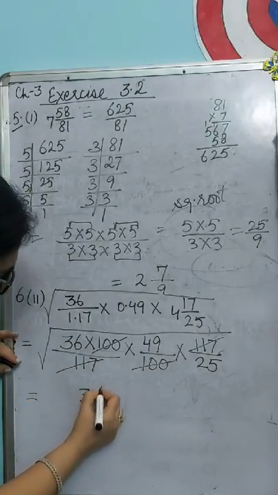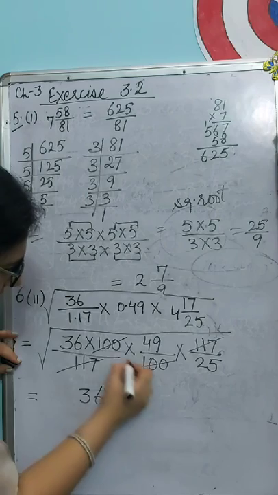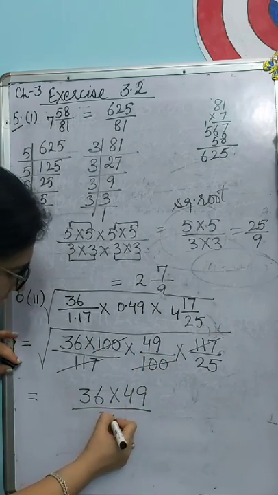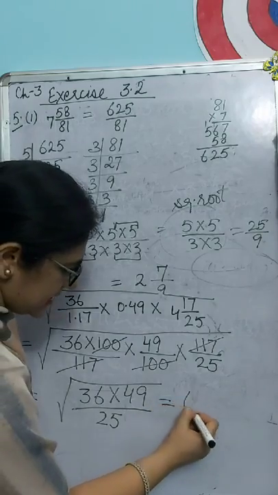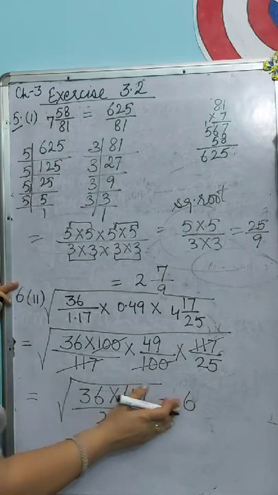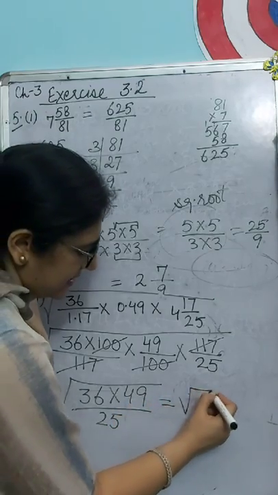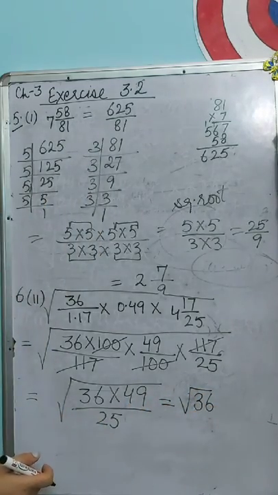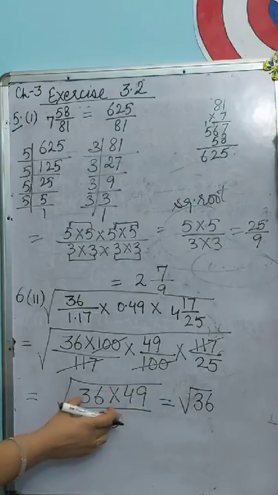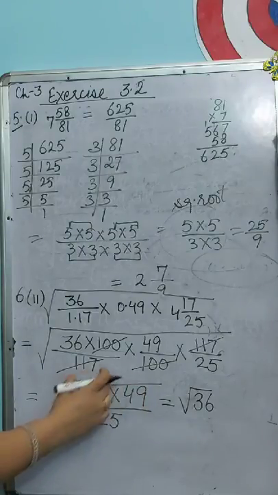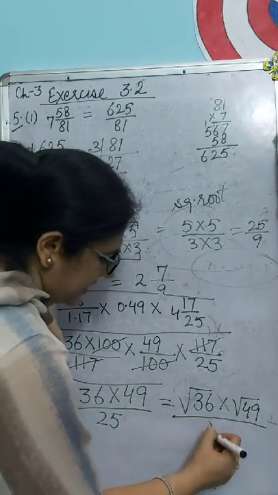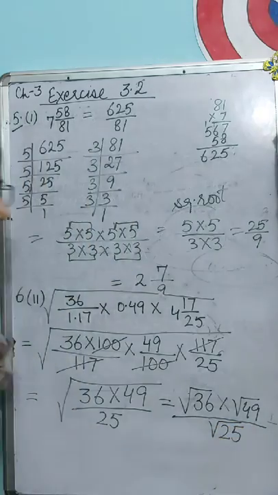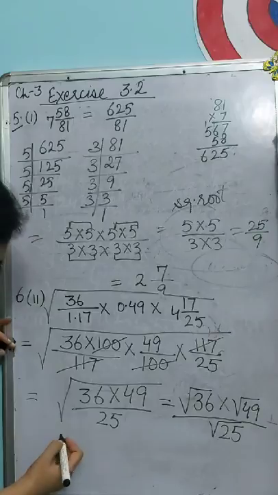You will get some numbers over here, 36 into 49 and another one is 25 and square root over here. We all know that the square root of 36 is 6. One step I want to tell you, beta. Whenever we are having a complete square root, it means that each and every number coming in this combined square root has its own square root. Means there is no need of doing this step, but I need to explain it because we are not in the classroom now, but this is the thing to be told.